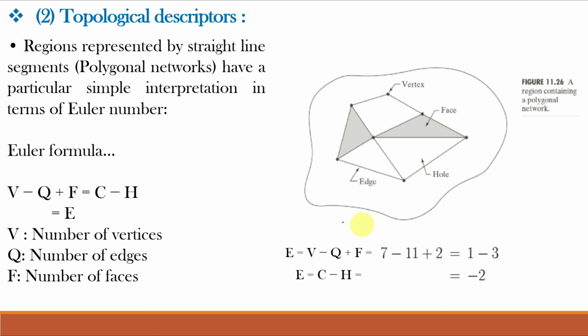And even we can calculate like this, that Euler number E is equal to number of connected components minus holes. Okay, so here a single object is there, that is connected component is 1 minus the number of holes are 1, 2 and 3, the white portion, right? 1 minus 3, which will also give minus 2. So we can find the Euler number by both the equations. I hope it is clear.